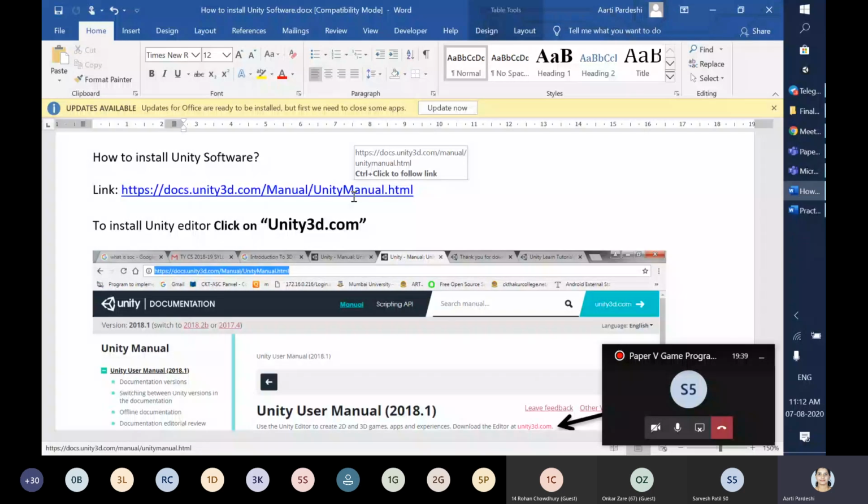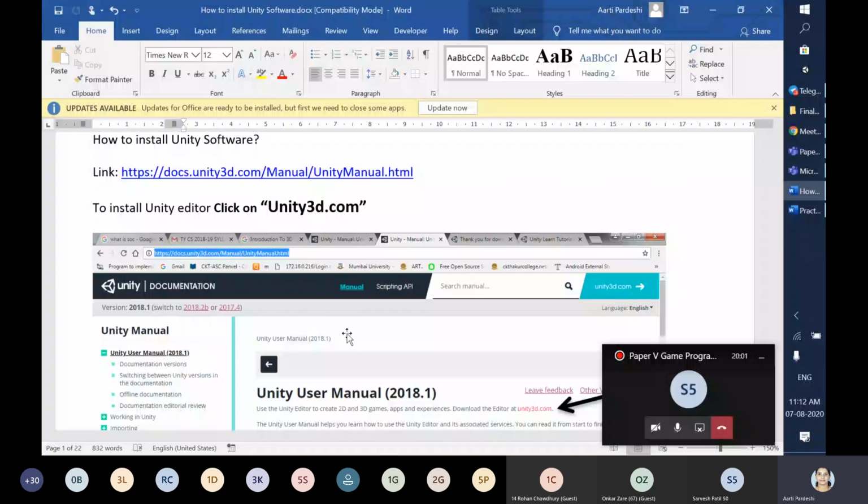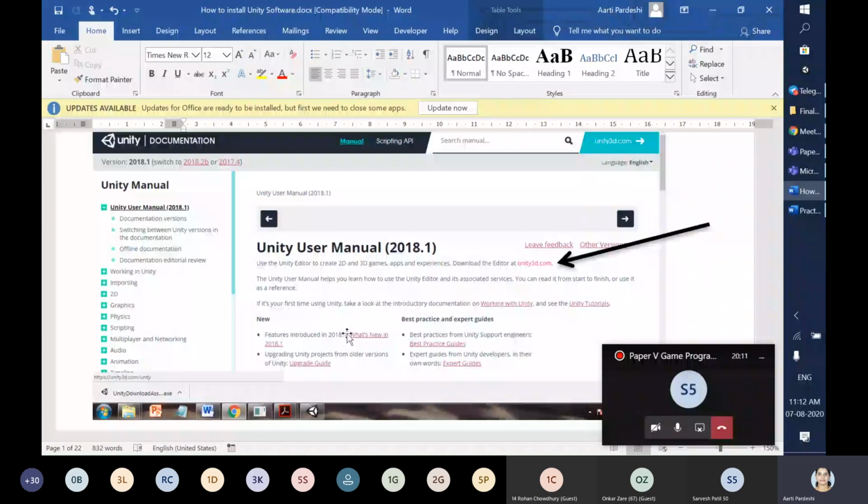Otherwise, you can go for the latest versions also. What I'm going to teach you is on Unity 2018.1 version. Right now in the market you will be able to see 2019 and updated versions also. After every 10 days, Unity is going to launch a new version, and once you install this software, you will get a pop-up message that a new version has arrived. Do you want to install it? Do you want to upgrade it? So it totally depends on you.